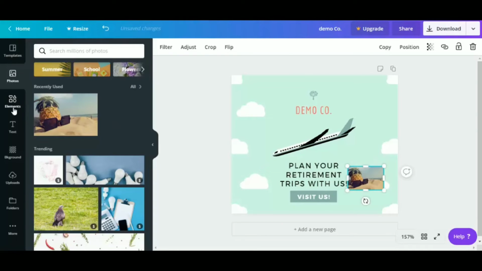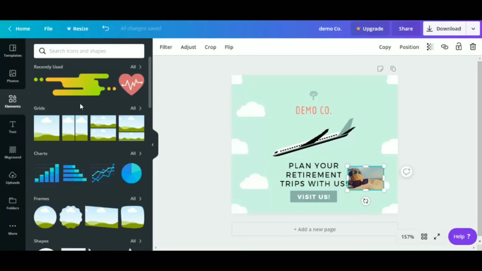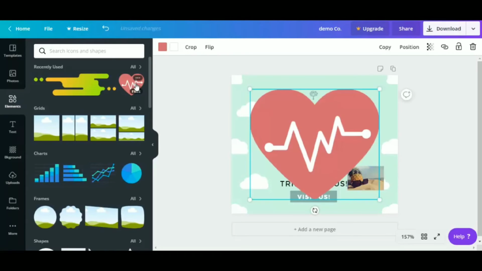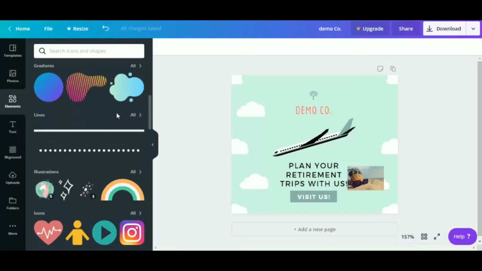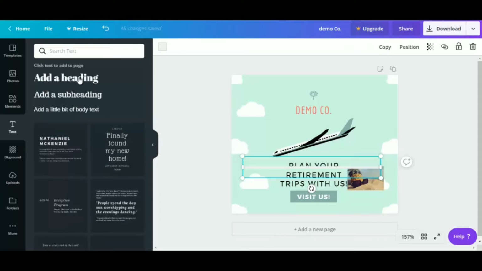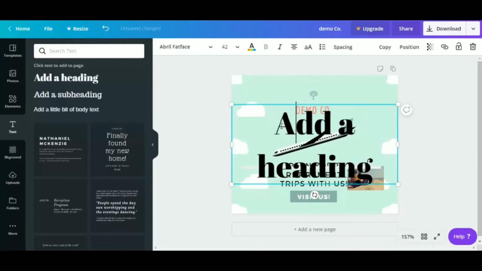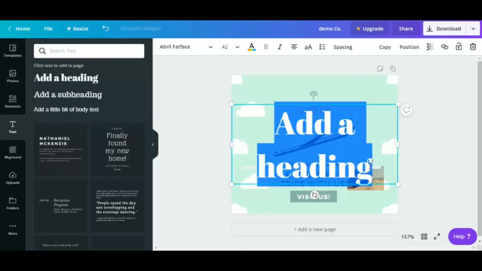Okay, and if you go down to elements, you could see some other types of images that you could use. So for example, use the heart. Let's just remove this for now. So let's go down, select another image. Let's go for line. So if you want to add a line to your design, okay, and you could also go to text to add more text with different fonts. So for example, you want to use this font right here,